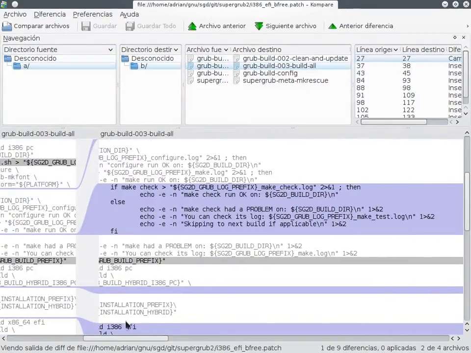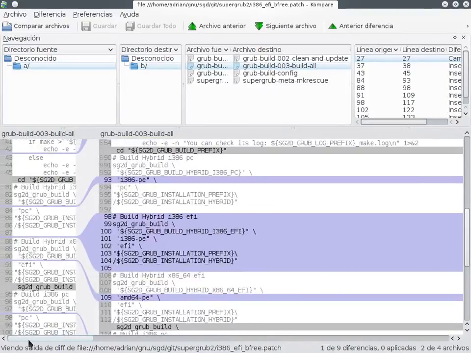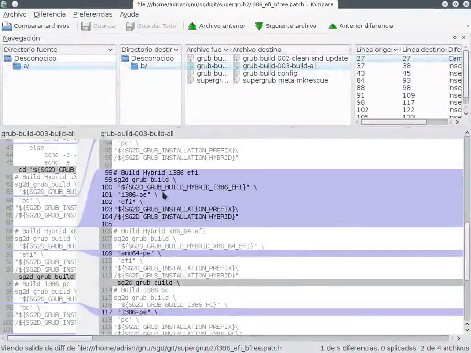So this is the make check that I do not want to. So build hybrid E30 EFI, which I guess it works as the other ones, but using this one instead of this one. Okay,